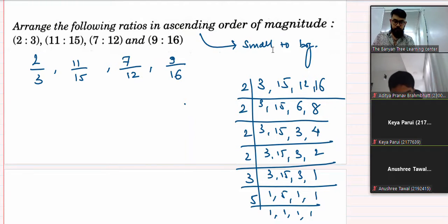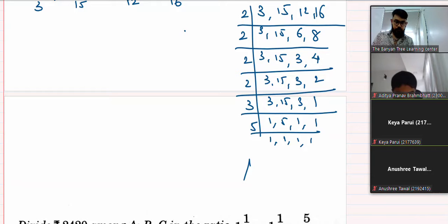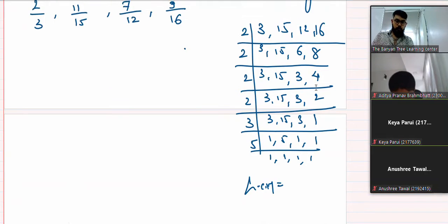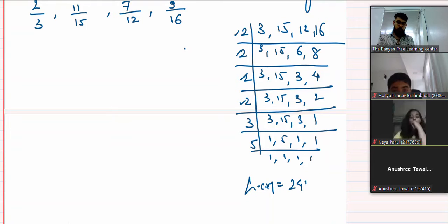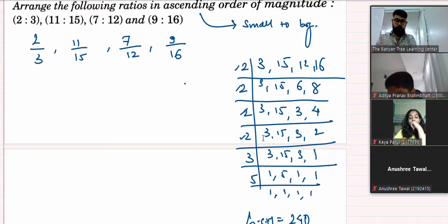So the LCM comes out to be 2 2s are 4, 2 4s are 8, 2 8s are 16, 16 3s are 48, 48 5s are, or 16 5s are 80, 80 3s are 240. 240 is the LCM. Okay, अब देखो टेक्निक देखो, मेरे को